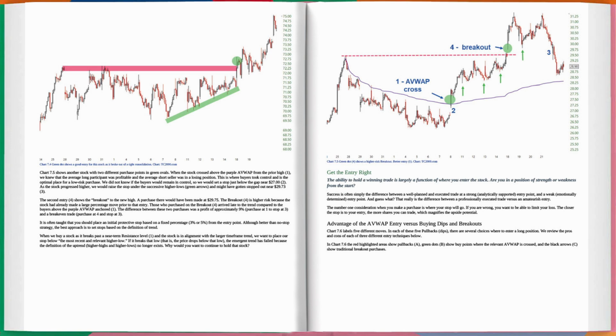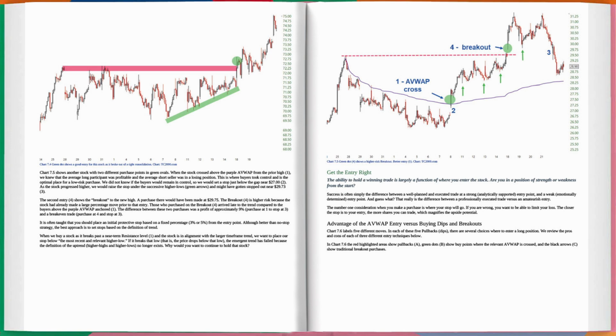When the stock crossed above the purple AVWAP from the prior high 1, we knew that the average long participant was profitable and the average short seller was in a losing position. This is where buyers took control and is the optimal place for a low-risk purchase. We did not know if the buyers would remain in control, so we would set a stop just below the gap, near $27.00 too. As the stock progressed higher, we would raise the stop under the successive higher lows, green arrows, and might have gotten stopped out near